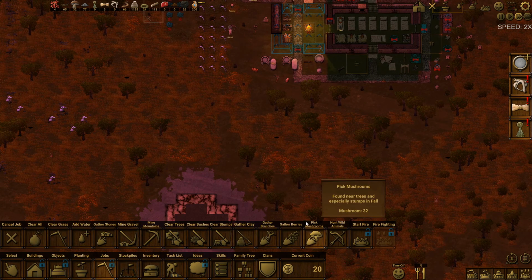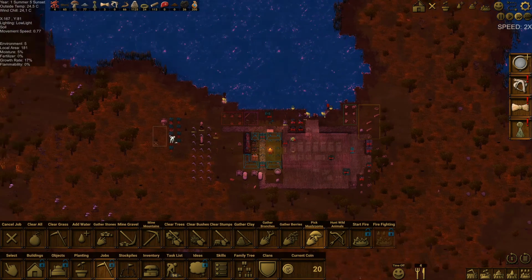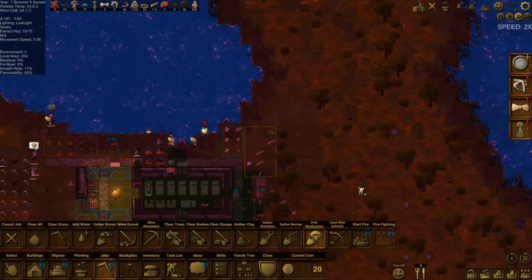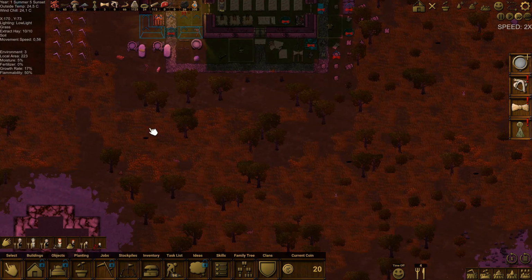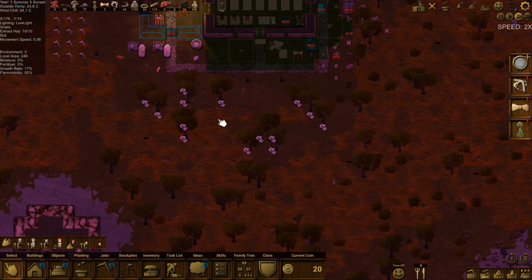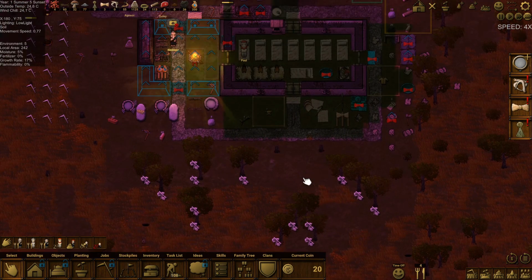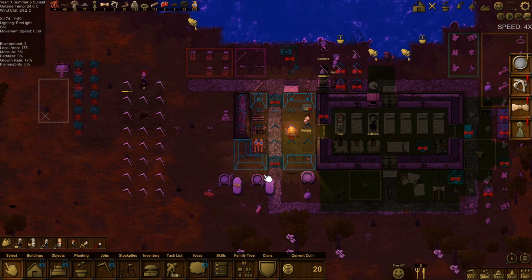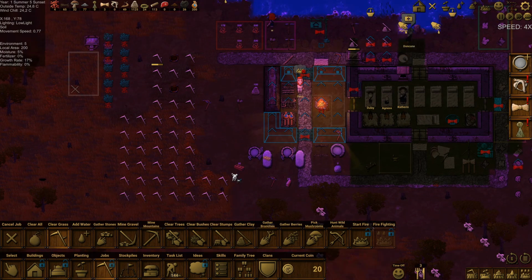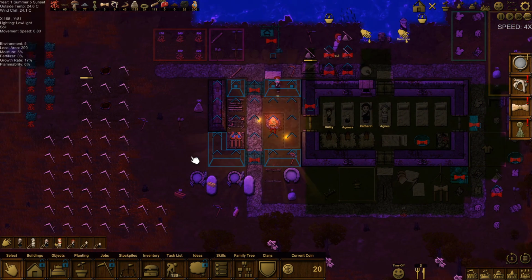How are we doing on mushrooms as well? There is not a lot of mushrooms over here, to be honest. What I do think we should do is clear these trees, so we have a bit of mushroom production going on there. In a little moment, we are also going to need more grass, so let's make sure we cut some more of that. And that will give our people, once again, a lot to do,